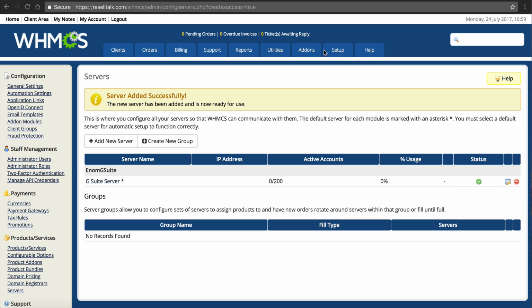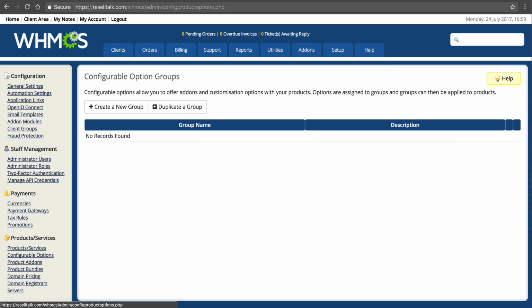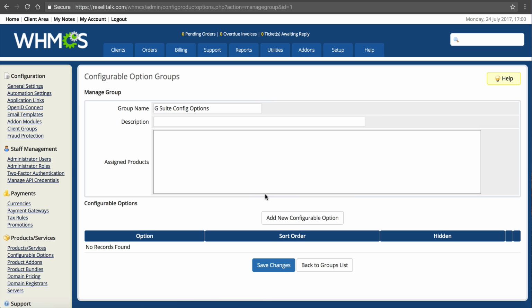The next thing you have to do is go into Setup, Products and Services, and go to Configurable Options, and you have to set up some configurable options for the G Suite. I think the first one is going to be for the number of seats that you have to set up. So you would just call this G Suite Config Options. Click Save Changes,